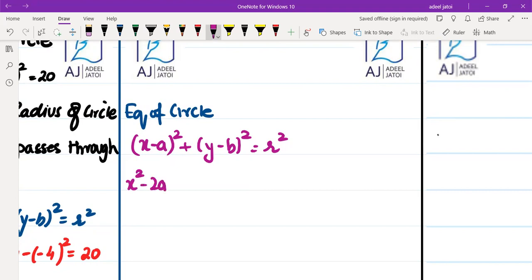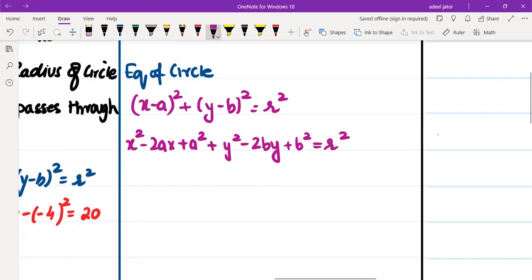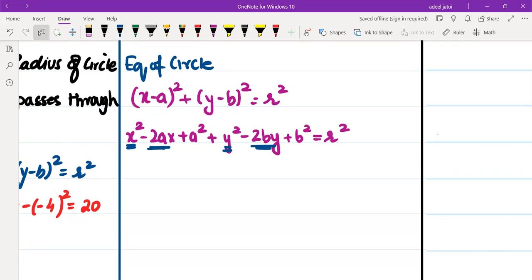This is x² - 2ax + a² + y² - 2by + b² equal to what? r². Now generalize that this question can be given in this form as well, where you will be given x², y², a value of -2ax, a value of -2by,